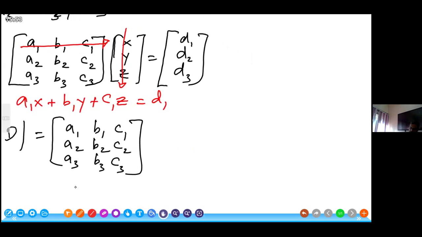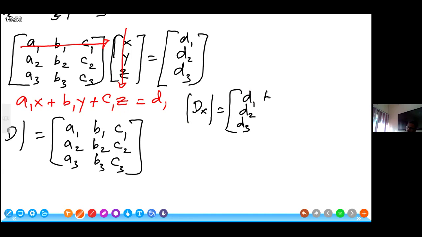Similarly, the determinant of dx, where the X column is the first column here, will be substituted by D values, right? So we would say D1, D2, D3,